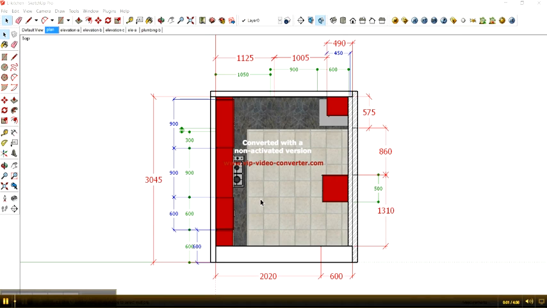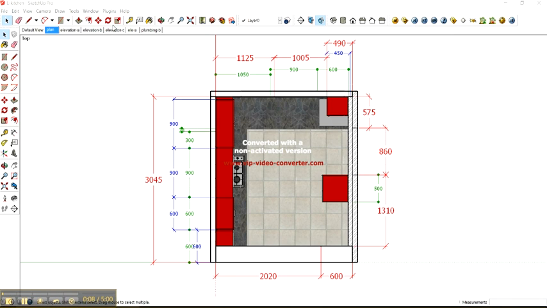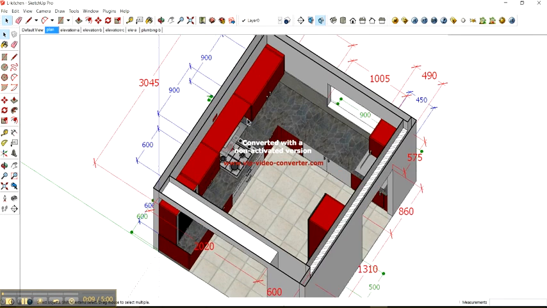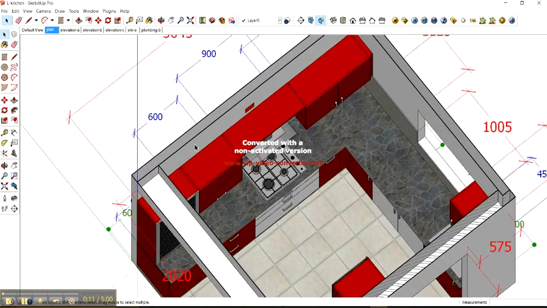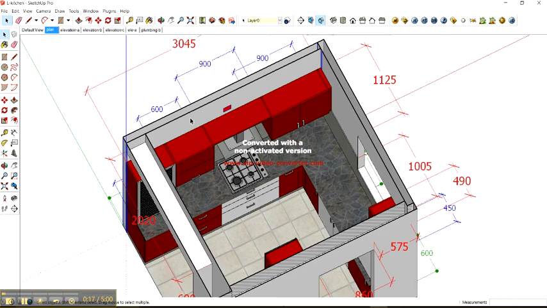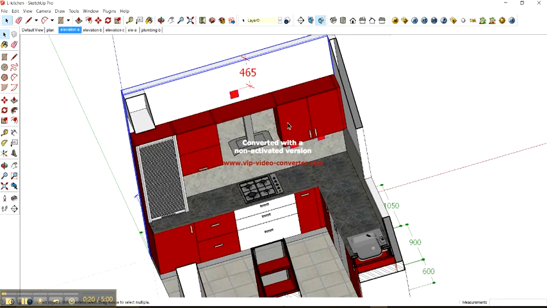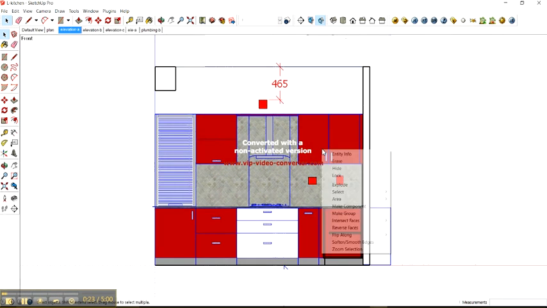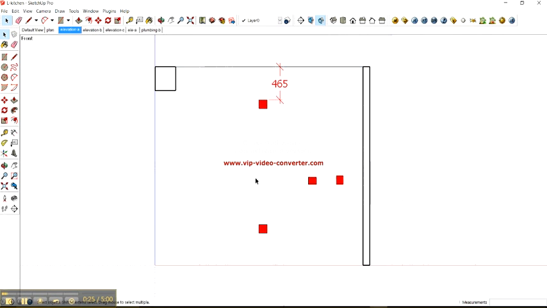So today we'll see how to put the electrical points onto the layout. So this is SketchUp. In this we had already added the existing electrical points onto the particular wall. So when I go to elevation A and hide all these units, I have these electrical points which were already done at the first time.